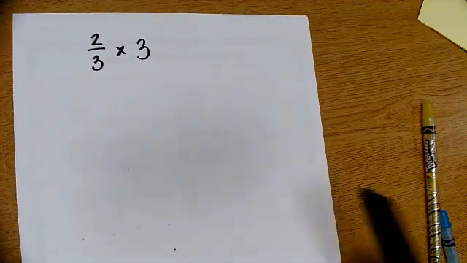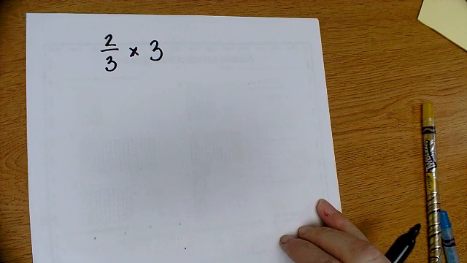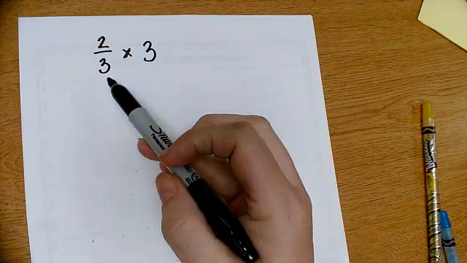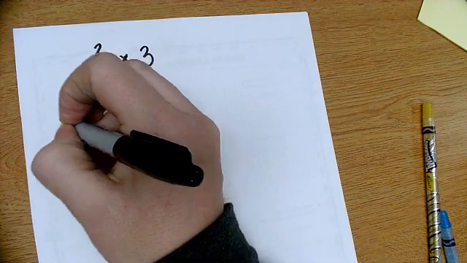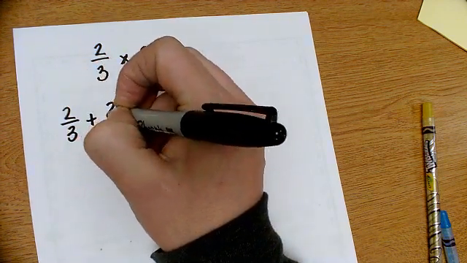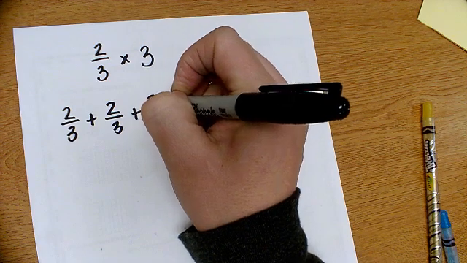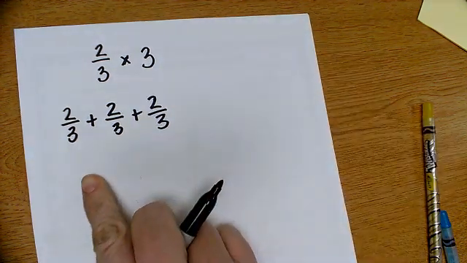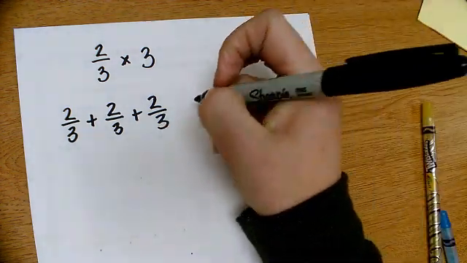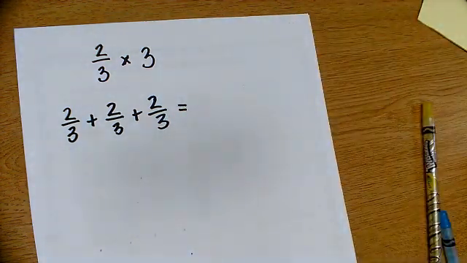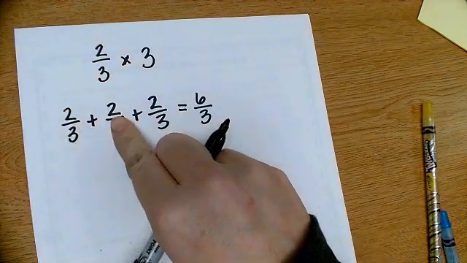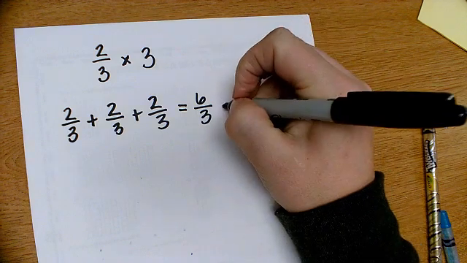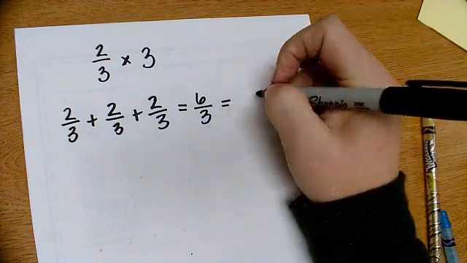All right, we're also going to look at 2/3 times 3 wholes. So in this case, I have 3 groups of 2/3. So I can write a repeated addition problem showing 3 groups of 2/3, and I know 2/3 plus 2/3 plus 2/3 is equal to 6/3. So I have 2 plus 2 plus 2 is 6, and my denominator stays the same. And 6/3 is equal to